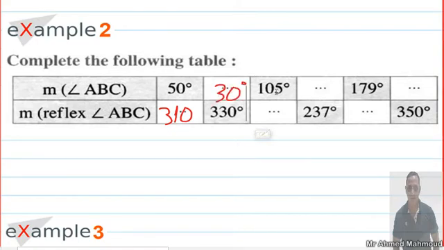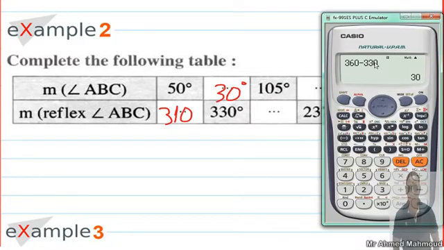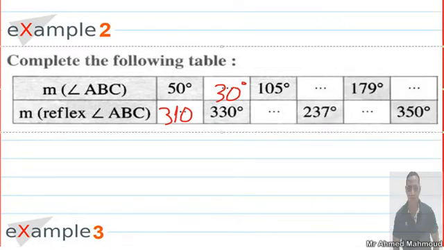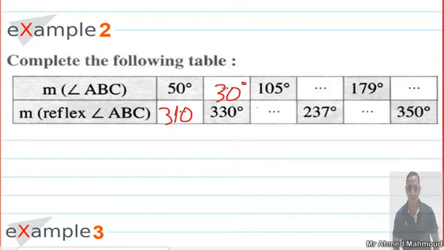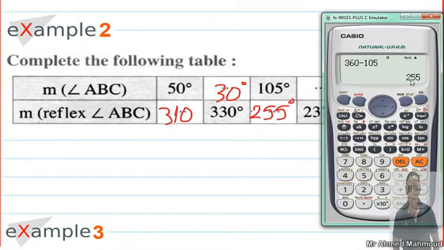Here, to find the reflex opposite to 105 degrees, we are going to write here 360 minus 105, it's equal 255 degrees. Okay, it's 255 degrees. The next one,